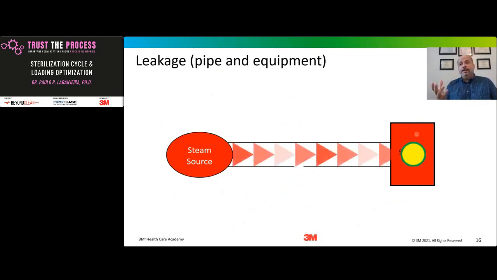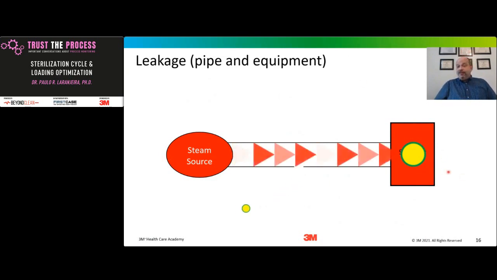The Bowie-Dick test is important. You need to do that Bowie-Dick with the cycle, with an empty chamber, to make sure everything is captured inside of that Bowie-Dick, which is going to be the coldest spot inside of the chamber during the test. But that does not guarantee that all air has been detected. The Bowie-Dick has a limit. So you might have an approved Bowie-Dick test, but if you go to your technical area where your sterilizer is installed, and if you see water in there, you're going to have this issue that I'm presenting here.